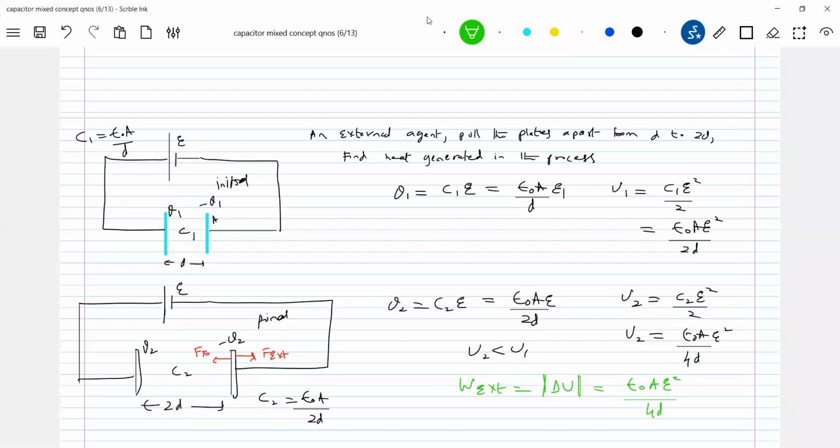And does it do positive or negative work? It does positive work, because I'll pull the plates apart. My muscle energy will decrease. So here my muscle energy got decreased and the energy in the capacitor got decreased. So where did that energy go? Shall we say heat generated? I think we should not be too hasty. We should try to look at the cell also.